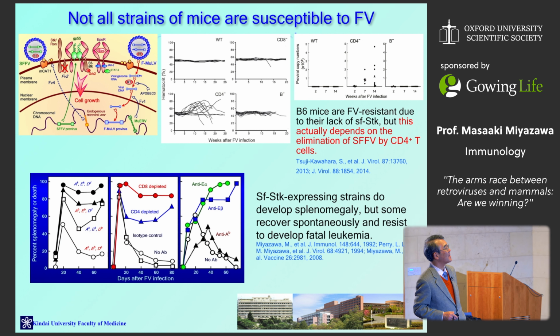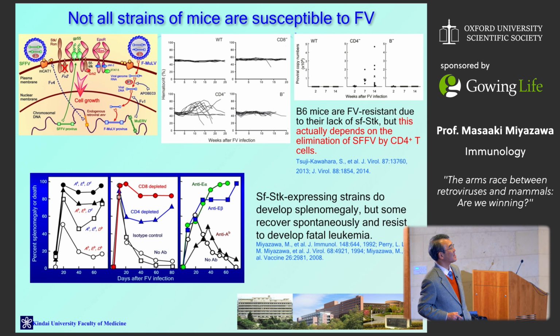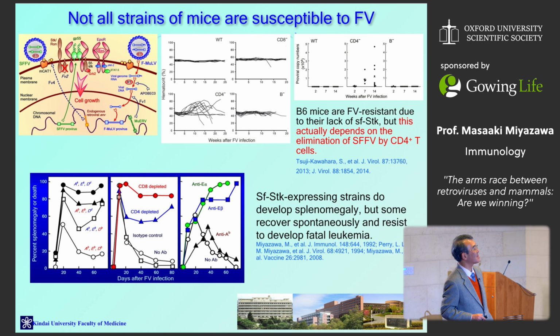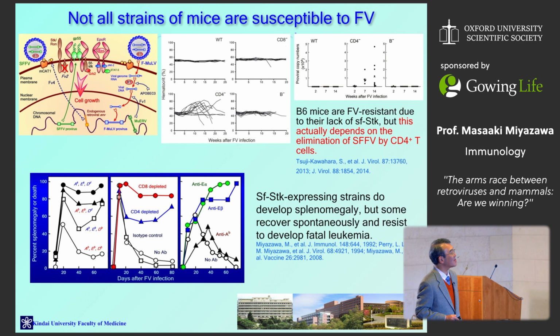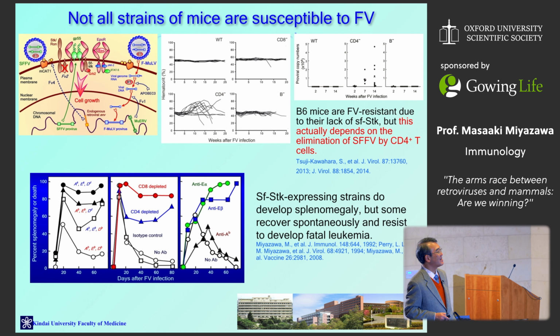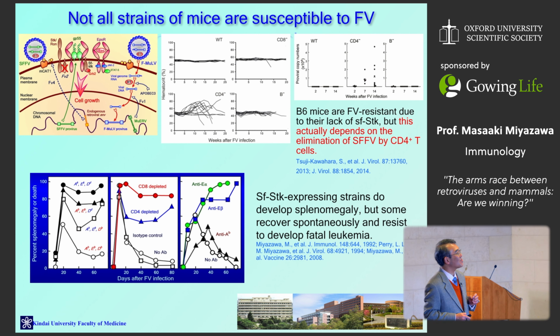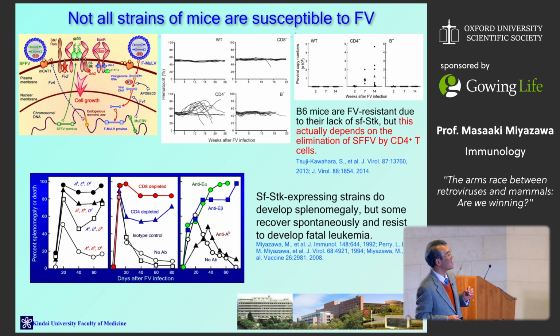However, if CD4 T cells are depleted from otherwise resistant B6 mice, they start to develop the disease, showing the enormous big size of the spleen. When B cells are depleted, however, there was no disease development. And it means that the B6 mice are resistant to friend virus infection due to the immune responses mediated by